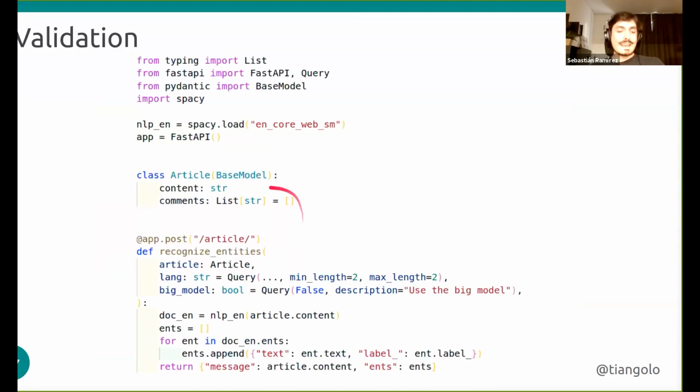Now, let's add some extra validation. Up to now, FastAPI is taking care of making sure that if it's required, we provide it and that it has the shape and the value that we declare. But we can have additional validation. Now, we are going to say that this lang parameter should have a minimum length of 2 and a maximum length of 2. So we are going to use a code for the language. For English, it will be EN. And we add this validation here, and then FastAPI will take care of performing that validation.